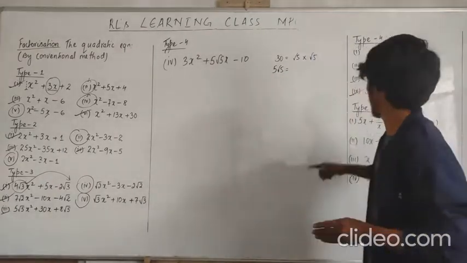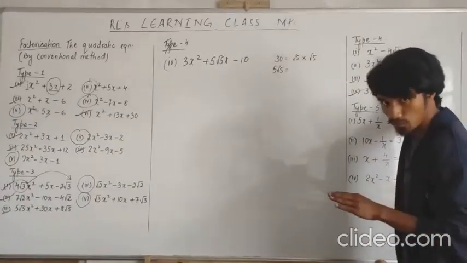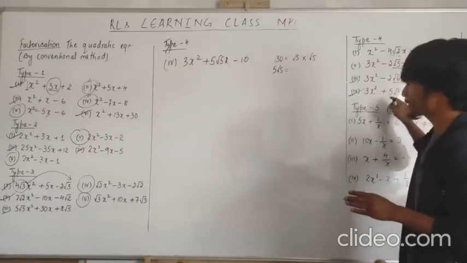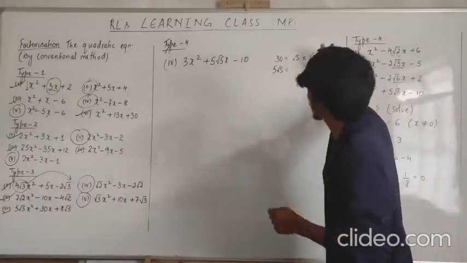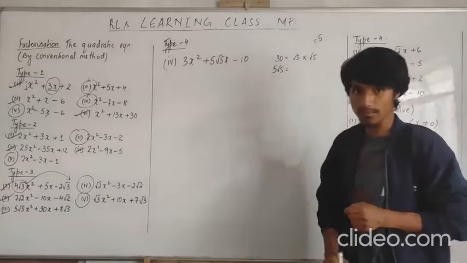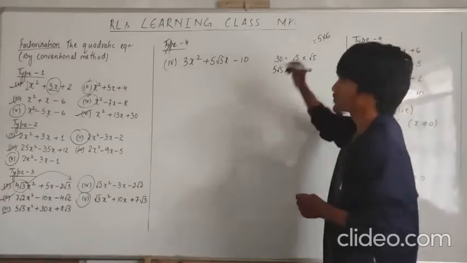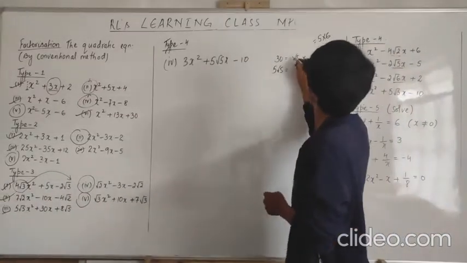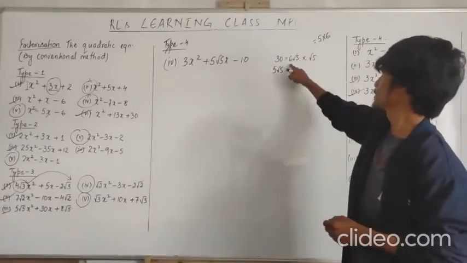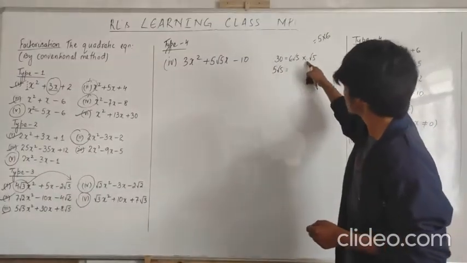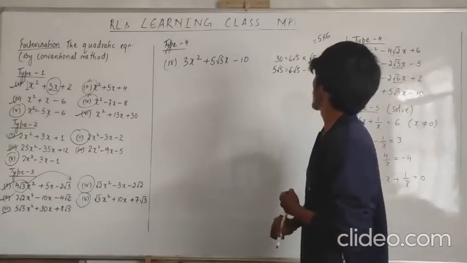In the last question I multiplied root 6 into root 6, and in this question, root 2 into root 2. Okay, then here is root 5, and I put here root 5 into root 5. Root 5 into root 5 is equal to 5 only. But we have to get 30, so I put here 5 into 6. If I put here 6, then 6 minus 1 will be 5. I put here 6 root 5 minus,